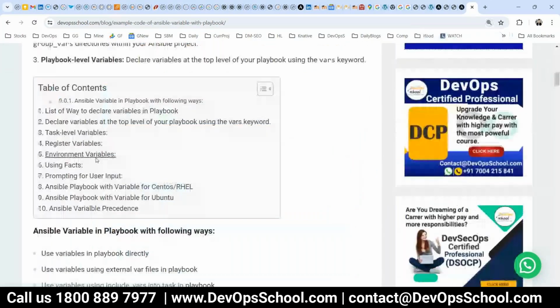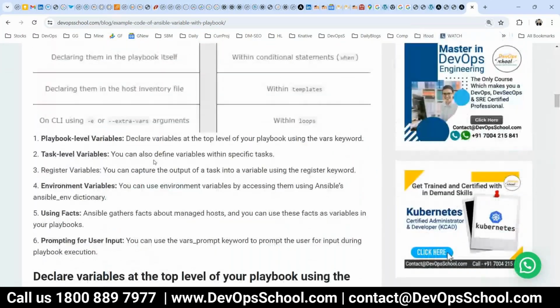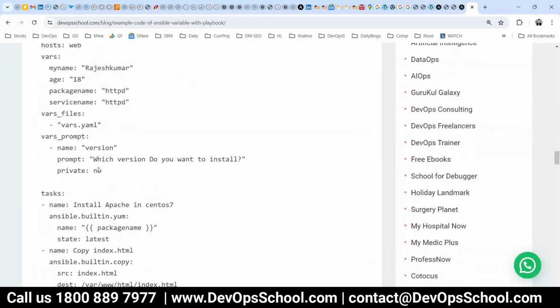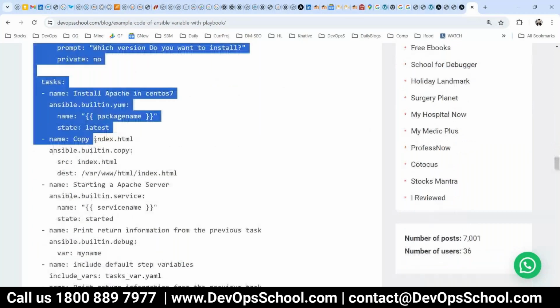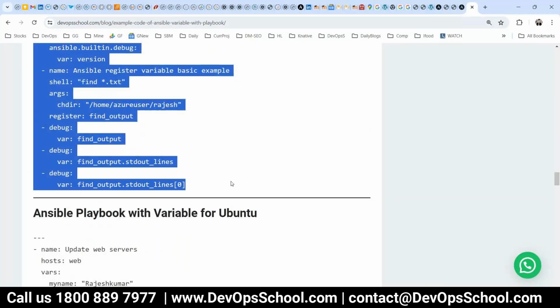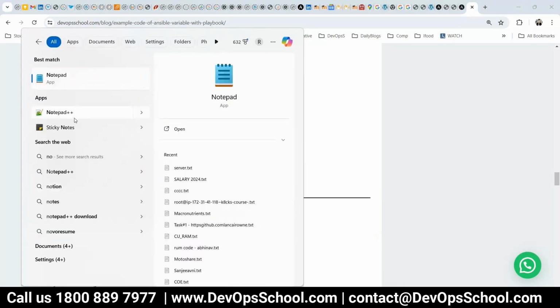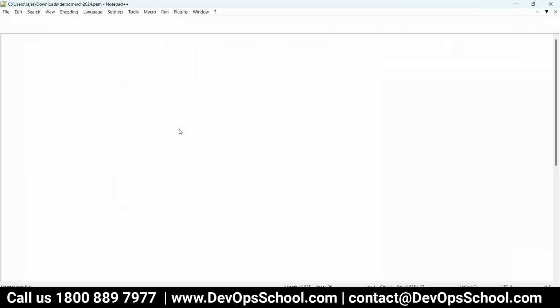You can read it, but right now I don't want to do that. I want to copy one code which I want to display. This one, okay, and I want to explain this code to you. So let's go to Notepad++, because that way I can show you lots of content in the